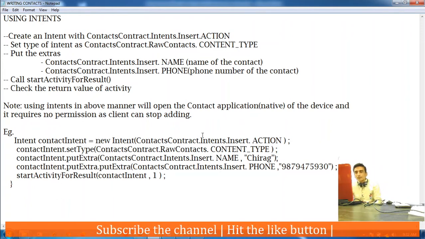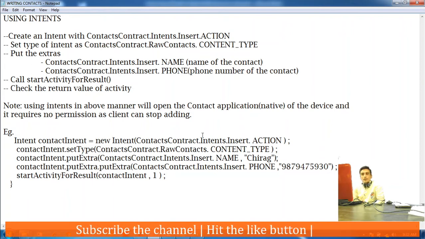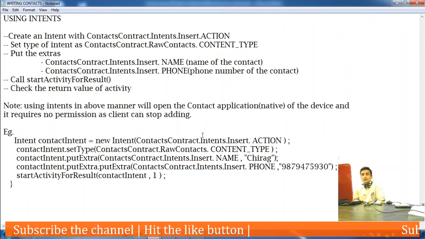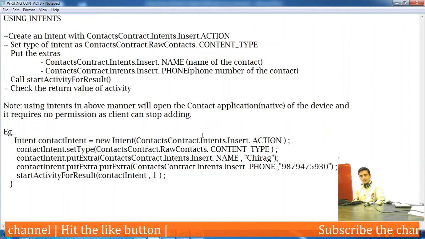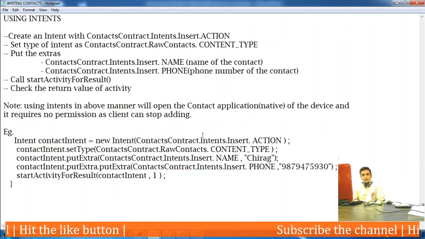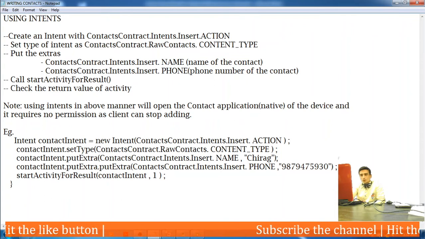Okay, then set type is equal to ContactsContract.RawContacts.CONTENT_TYPE. Then name and phone are the two extra pieces of information which should be passed to this intent. Then start activity, either for result or just start activity we could call.